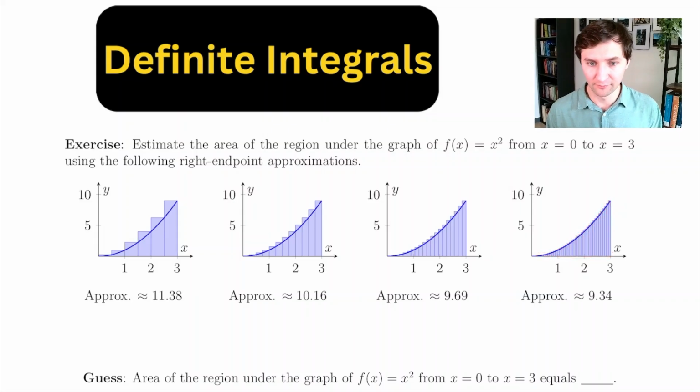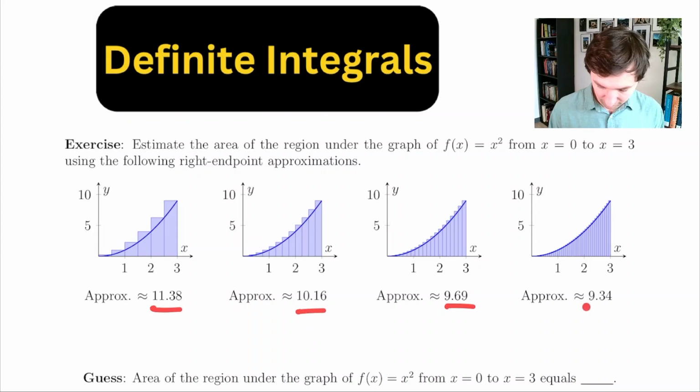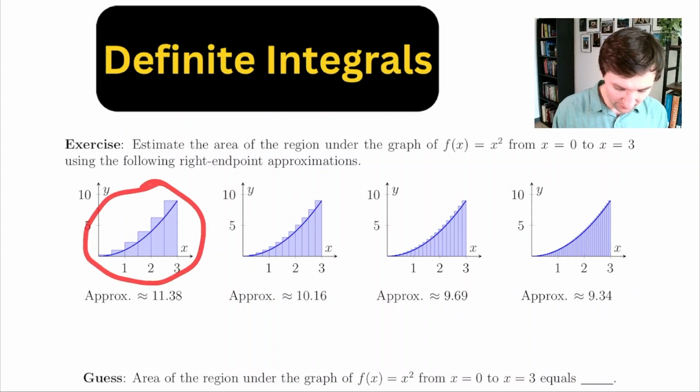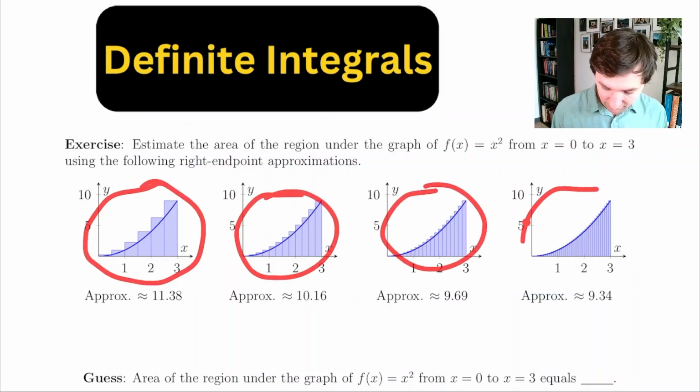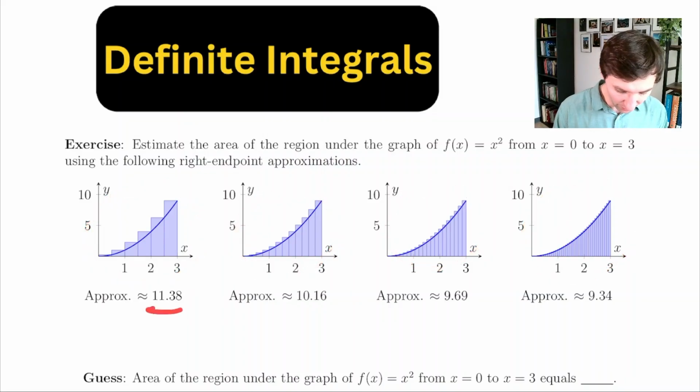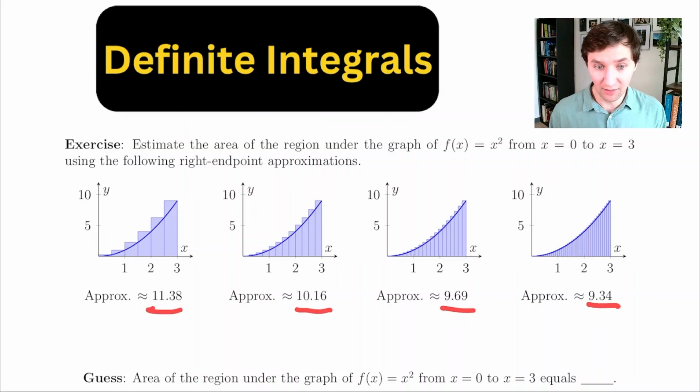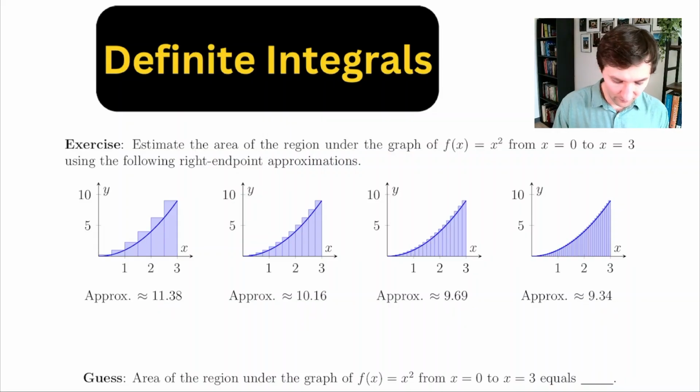To make things easier for us, I already computed the total area of all rectangles in each picture. Because the rectangles fit the region better and better, the numbers approximate the area of the region under the graph of this function better and better. The numbers are